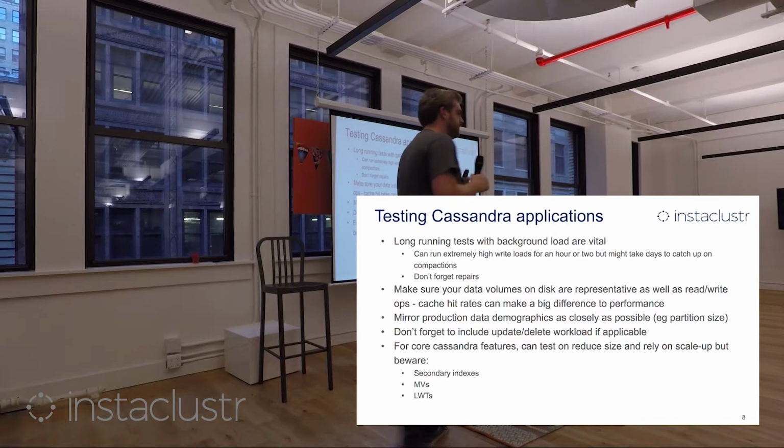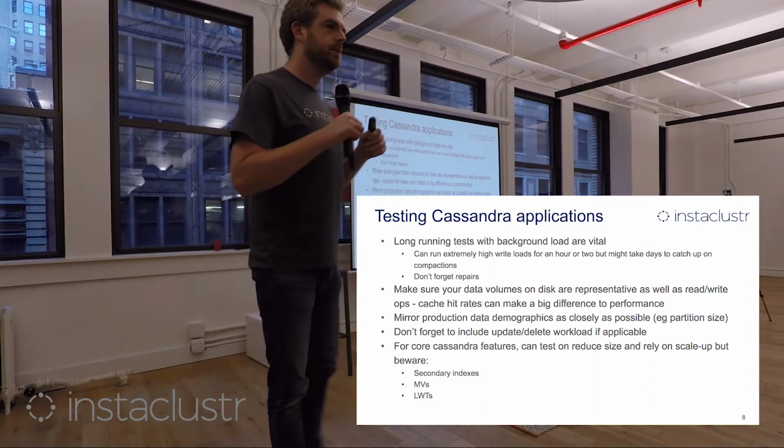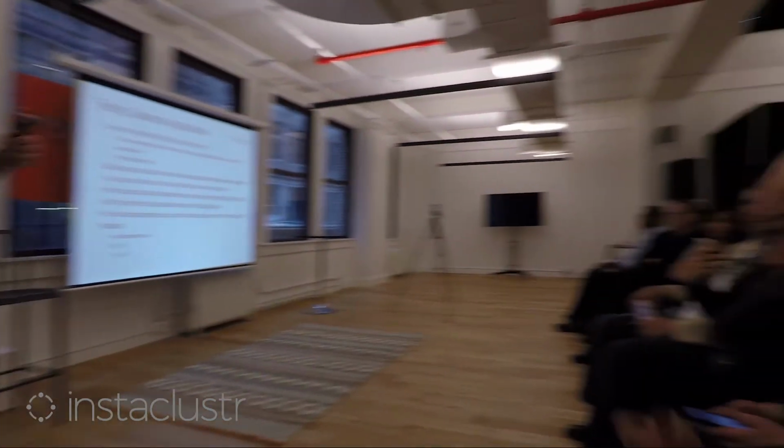So that's a little bit about design, how Cassandra works. It probably, yep, go ahead. So you're saying that write is easier than read? Yes. Because read basically need to repair the,